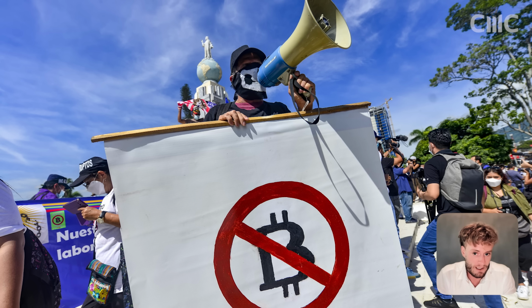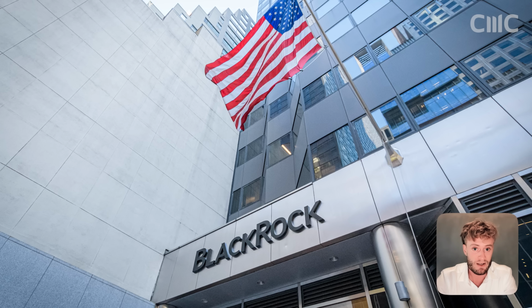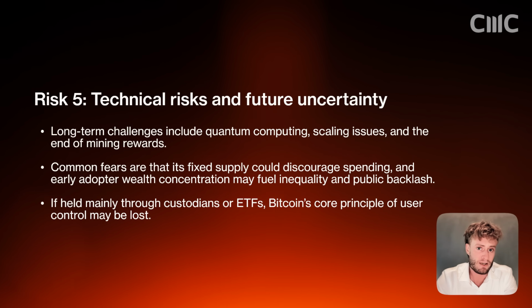Another concern is inequality. Given early adopters hold a significant share of Bitcoin, this could potentially lead to wealth concentration and public outcry. There are also concerns about the centralization of Bitcoin. If it never evolves into a widely used currency and instead becomes primarily held through ETFs or by large custodians as a passive asset, this could create a choke point. In that scenario, governments may find it easier to regulate, restrict, or even confiscate assets, potentially undermining Bitcoin's core principle